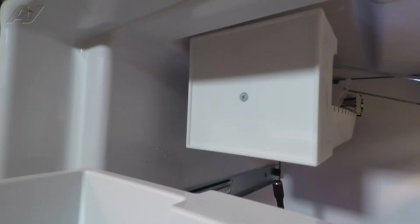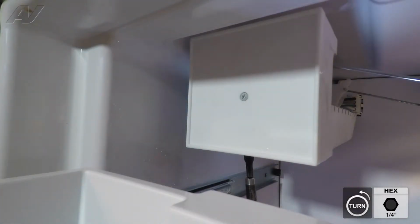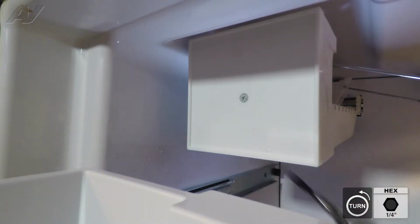After removing the door, there will be 3 more 1/4 inch screws on the bottom of the ice maker. They go into a white, metal bracket, and that's what the ice maker is actually screwed into. So what we'll do, we'll remove these. You should actually see the ice maker start to lift out a bit. So after doing that,